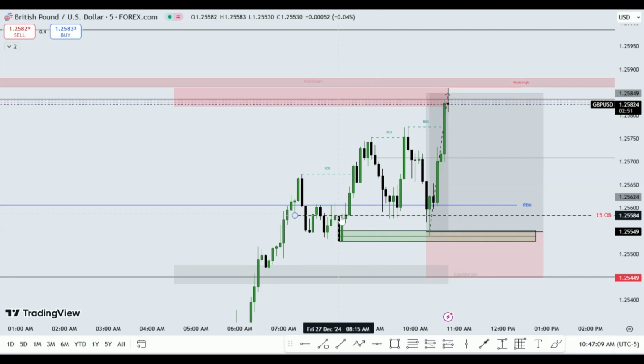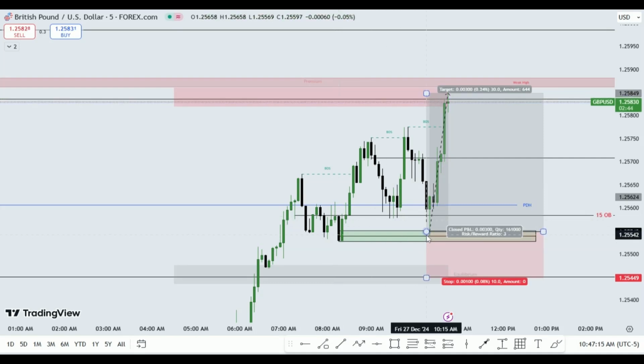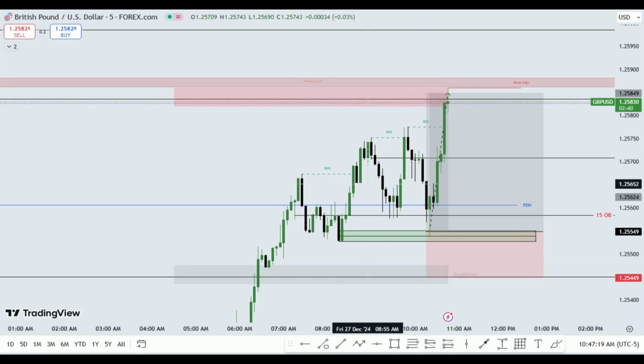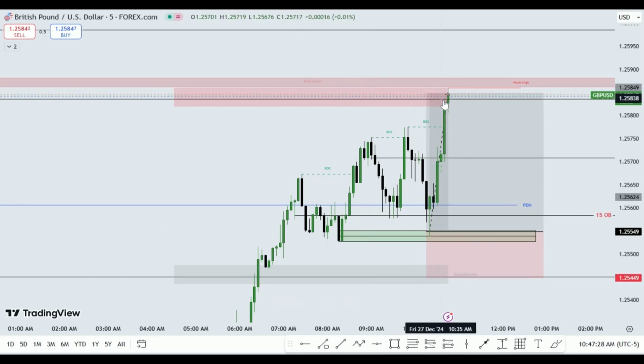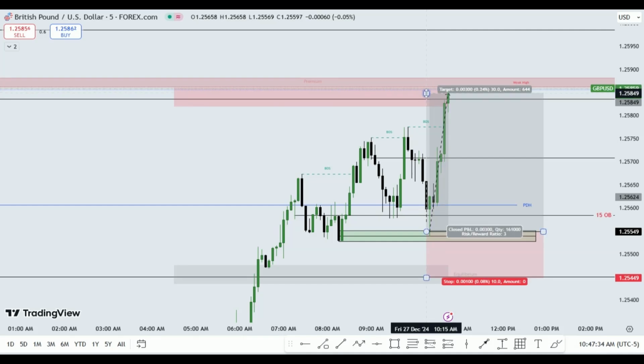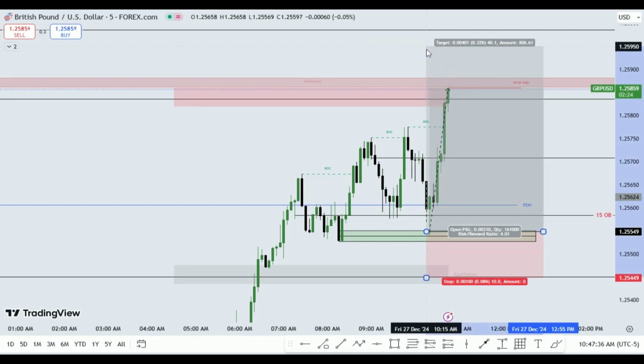You can take a setup from this level from the 15 minute as well as the 5 minute order block, but the thing is, wait for the market to reach the lowest low of the order block, which is on the 1 minute, but our setup is based on 15 minutes. So as you can see here, our target already hit 30 pips, which is massive, and then you can still take partial and expect 40 pips,